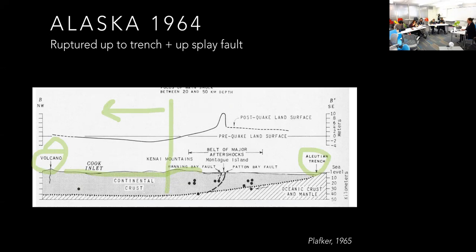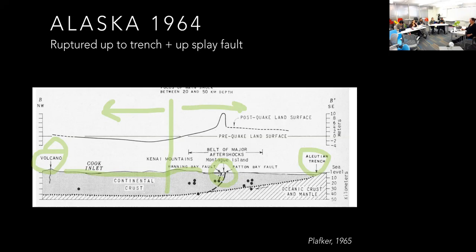And then somewhere around here is the zero line, and then everything between this area and the trench had uplift, and there was a spike of extreme uplift right around what's now called the Patton Bay Fault, which is there at Montague Island. And so these are some aftershock locations, not apparently falling on any particularly obvious structures here, but